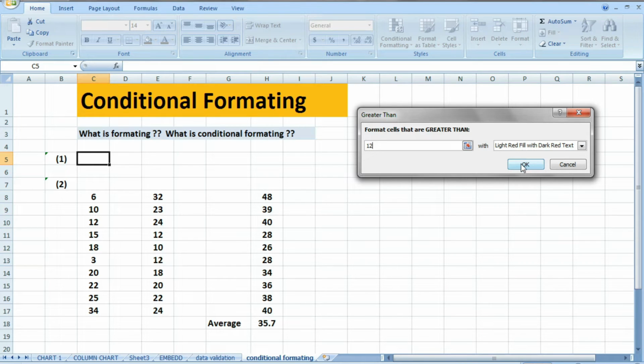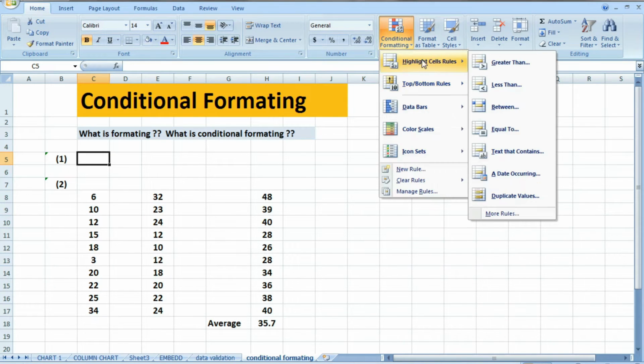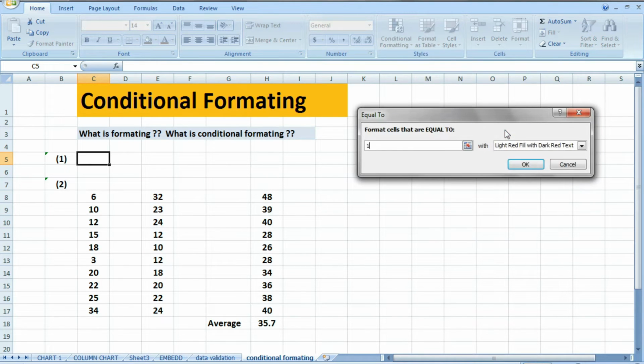So this one condition we applied when it is greater than 12. Okay, now one more condition we apply. Highlight cell when it is equal to 12, then it shows green fill with green text. Okay, when it is 12.